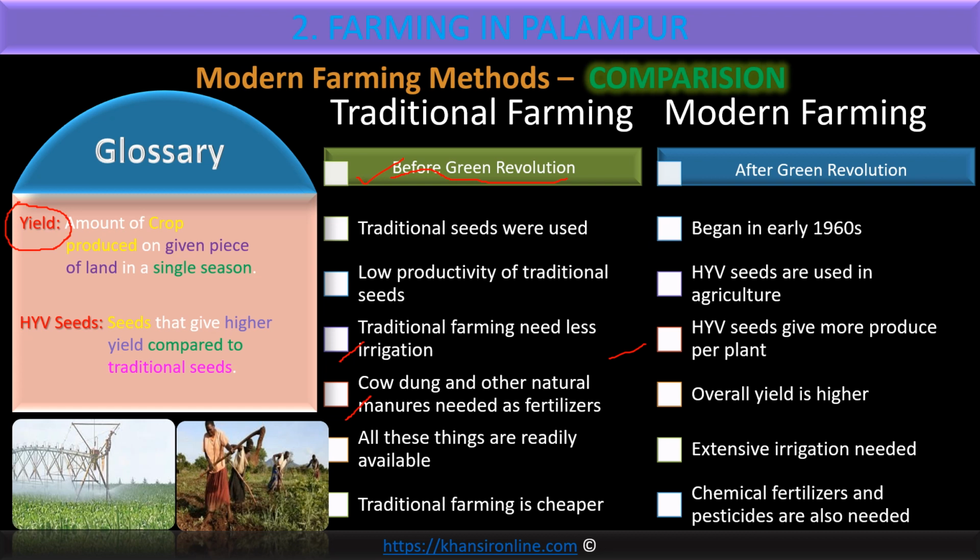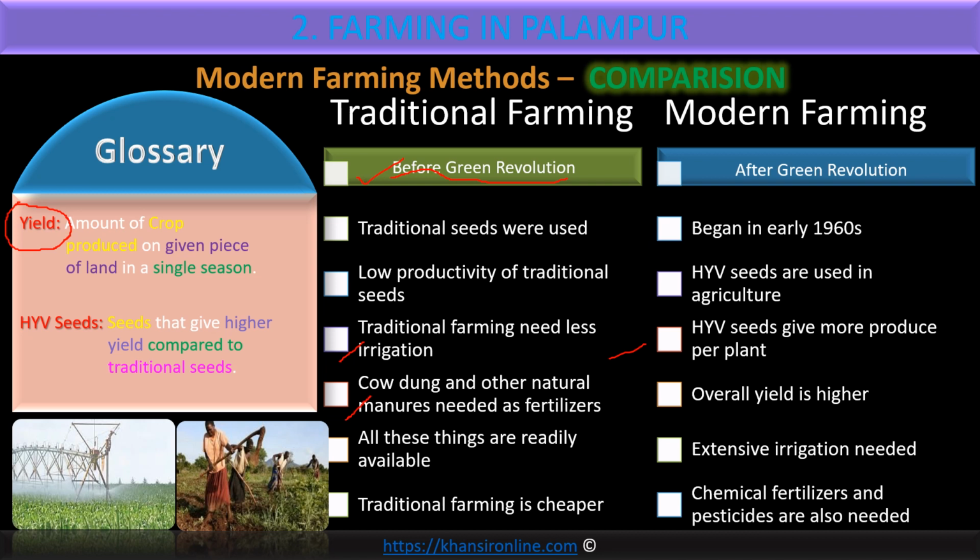So the answer is modern farming methods give much higher yield, so farmers can spend; it's like a business. I have 10 rupees, so if I spend 10 rupees, I'll earn 100 rupees. If my friend borrows 40 rupees and he spends 50 rupees because he already had 10 rupees, so he earned 300 rupees. So shall I borrow? Shall I also borrow then 40 rupees? Then you'll say yes, that is the modern farming method. You need to invest, then the return would be much higher.